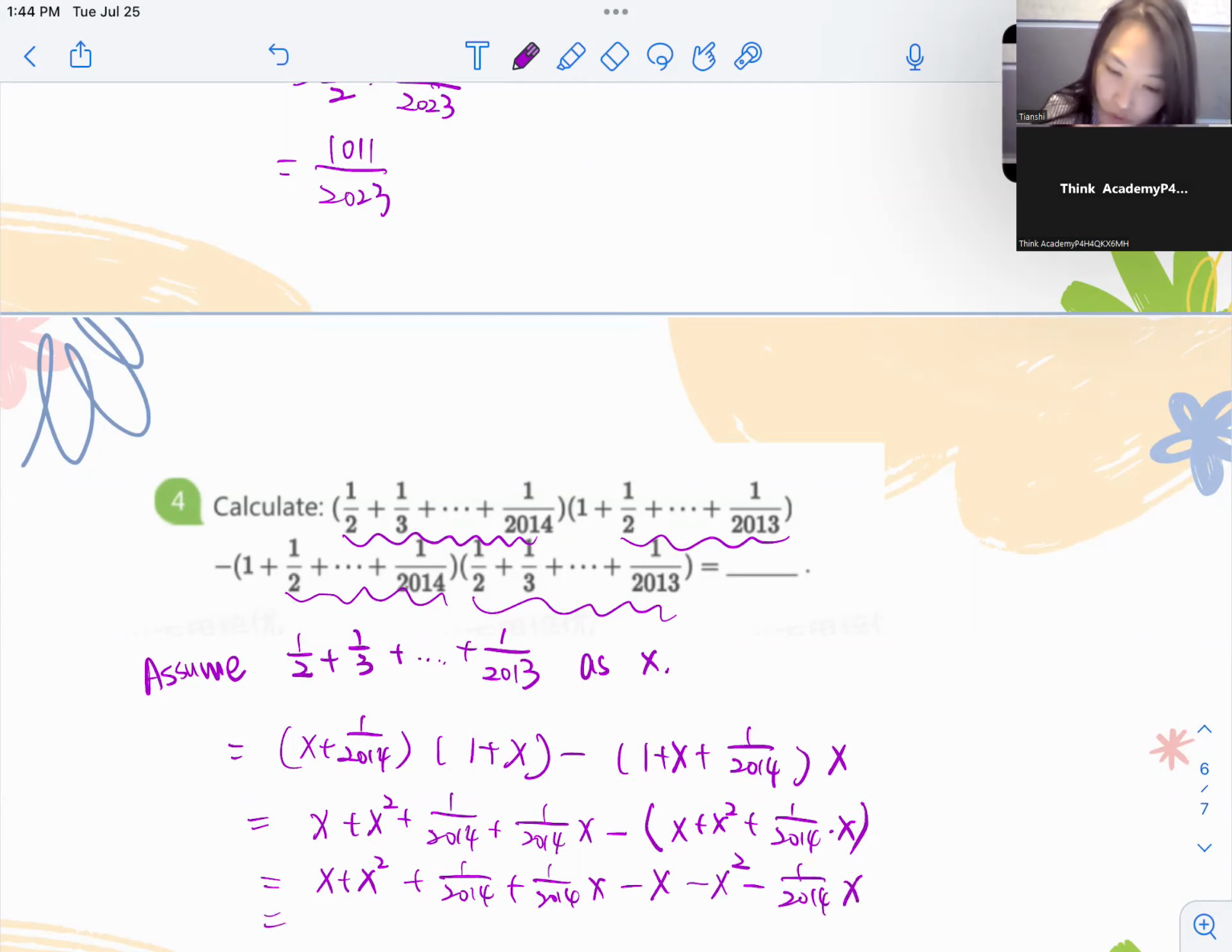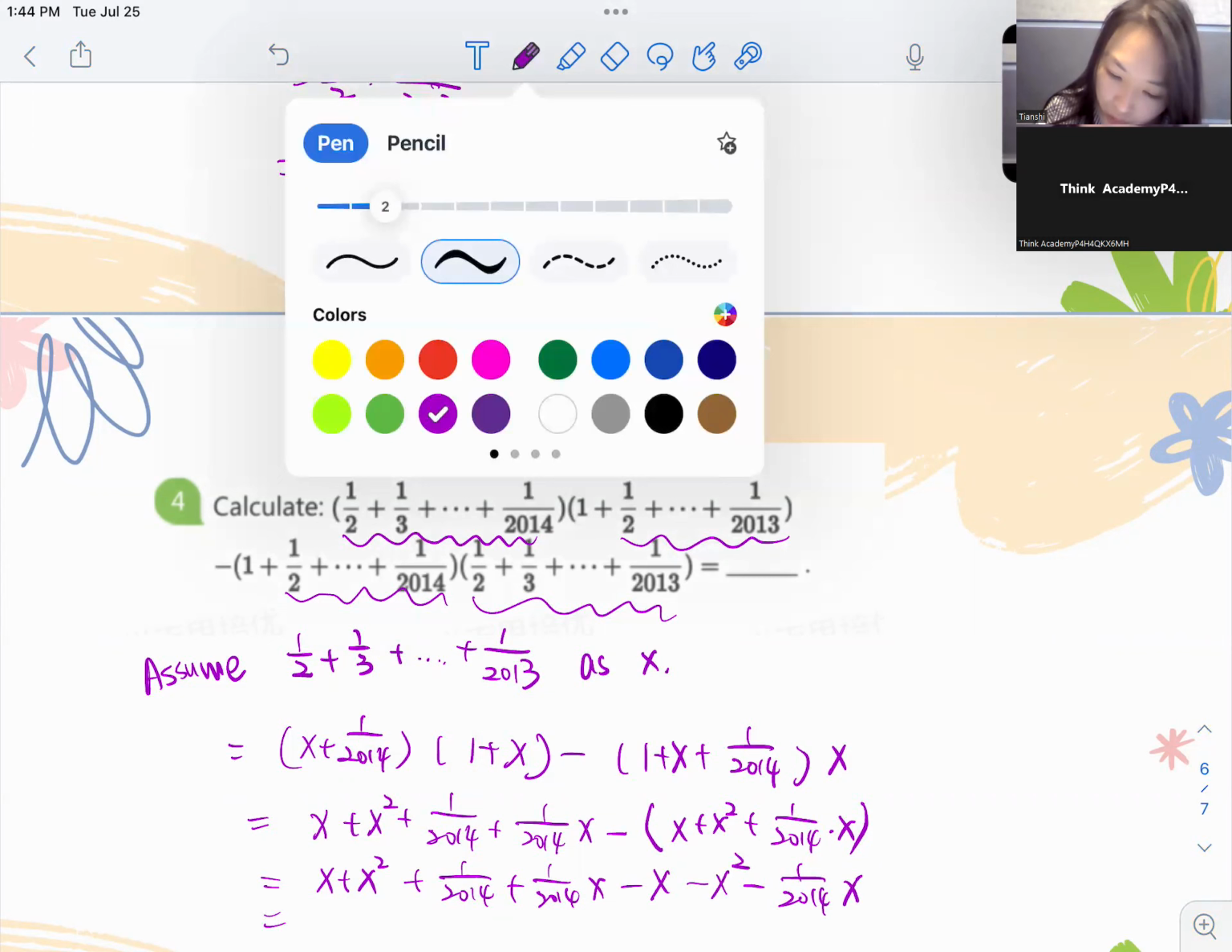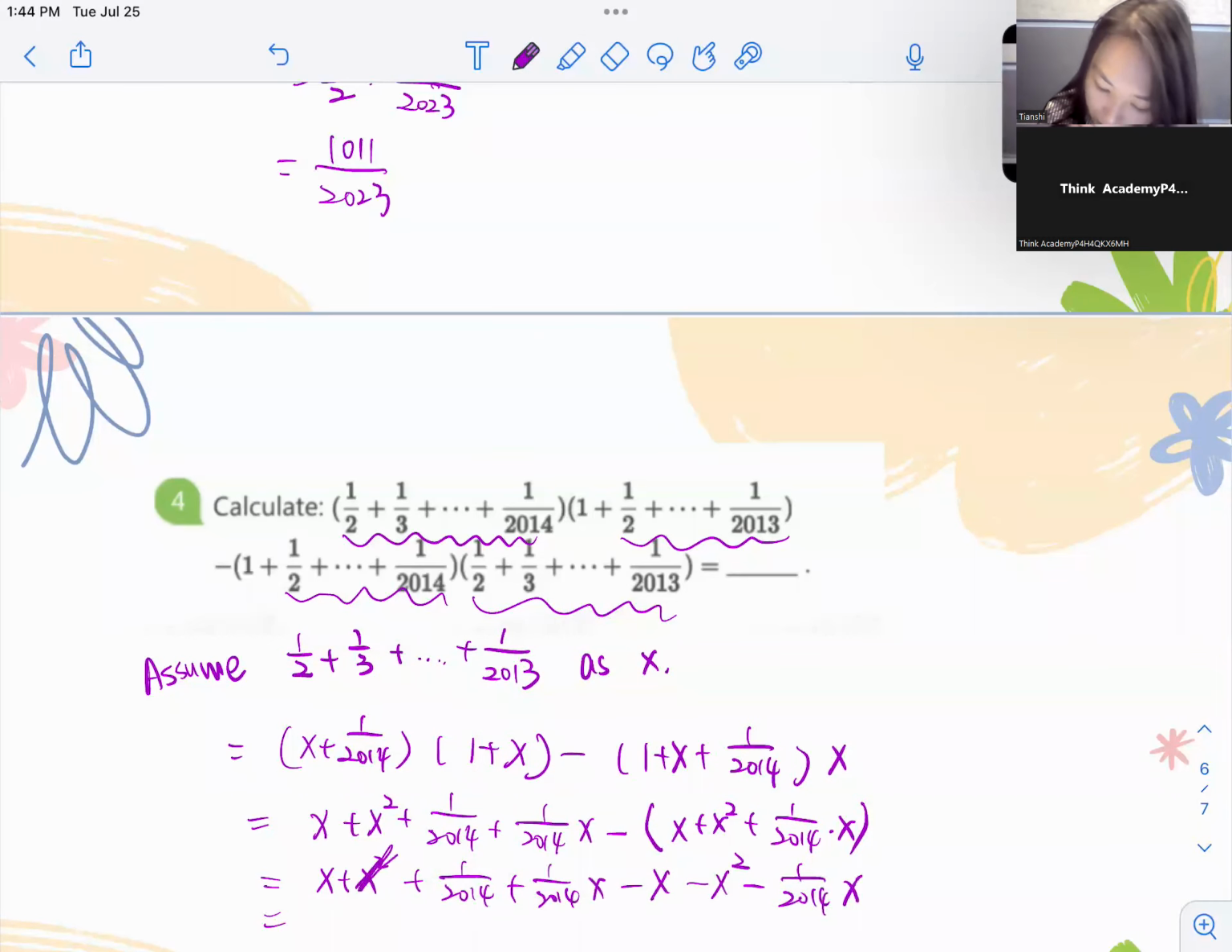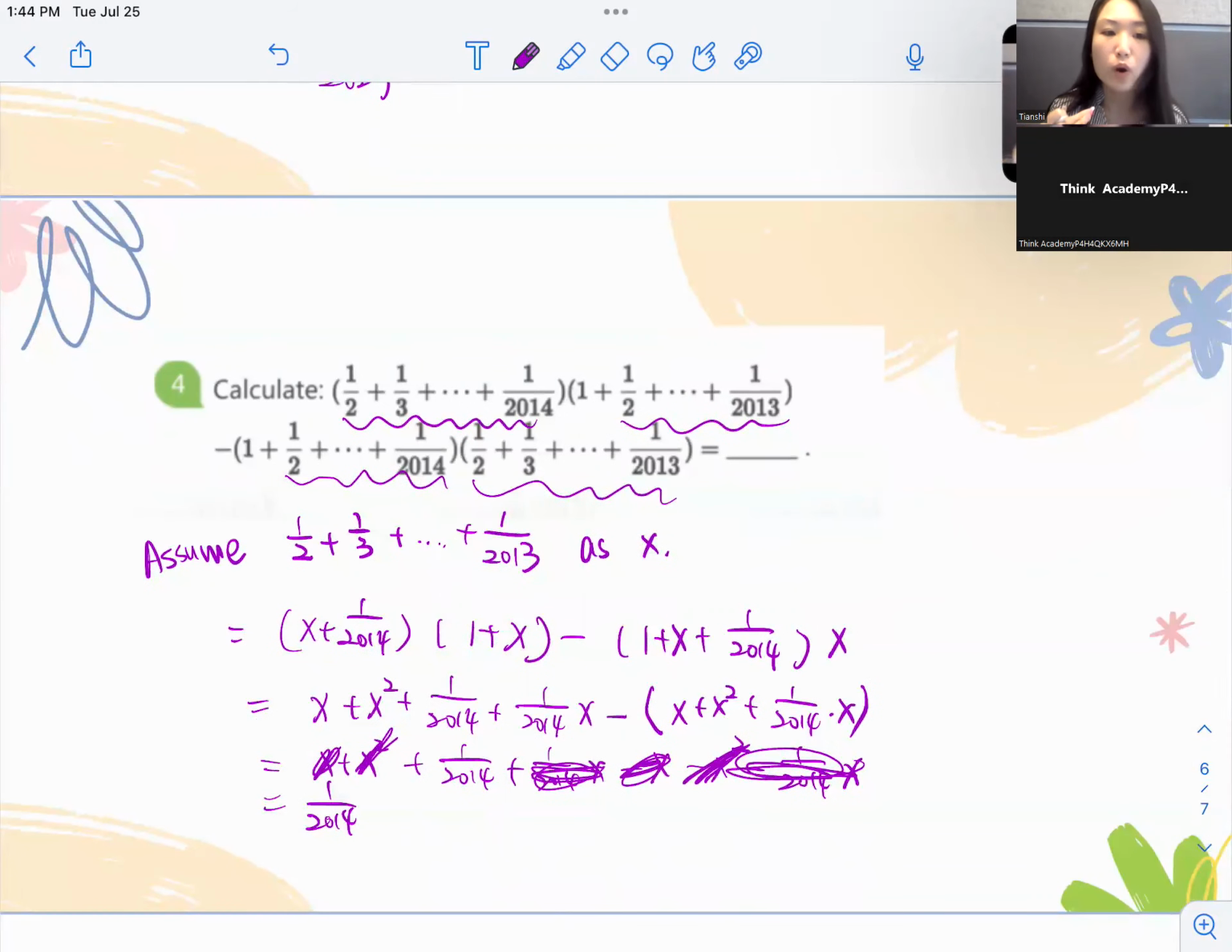And then let's do the cancellation. So here, x squared minus x squared, and 1 over 2014x, 1 over 2014x. So at last, the whole algebraic expression has nothing to do with x, and it can be simplified into 1 over 2014. Okay, so that's all for our day 1 practice problems,